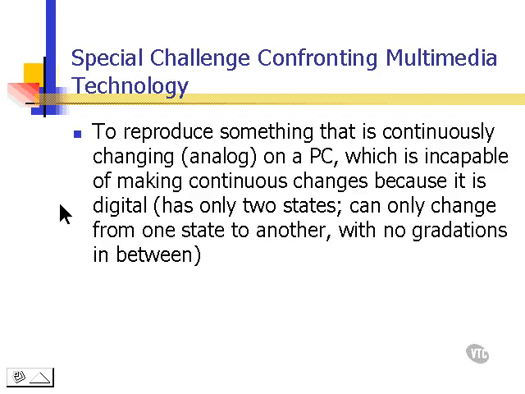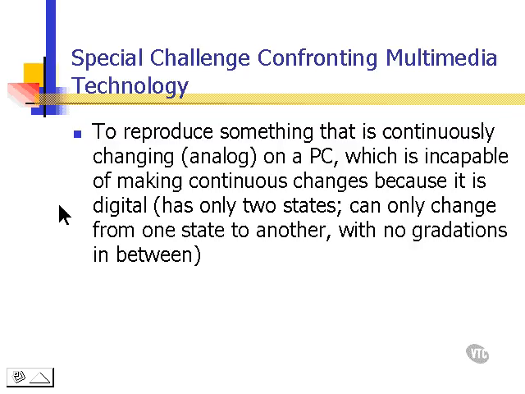PCs only know off and on, and there are no graduations in between off and on. We can do offs and ons faster, but there's still a definite off and a definite on, and therefore we will have a certain number of offs and ons. In life, everything happens analog, or everything happens continuously. So in order to fool the human mind into thinking that things are happening continuously on the computer, we use